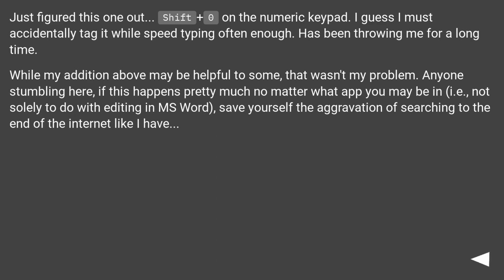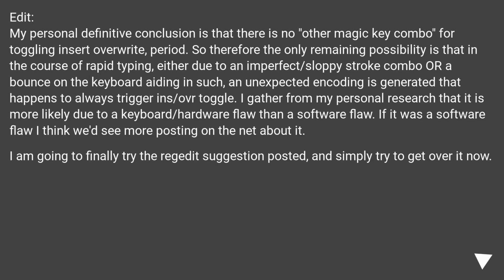Anyone stumbling here, if this happens pretty much no matter what app you may be in, i.e., not solely to do with editing in MS Word, save yourself the aggravation of searching to the end of the internet like I have. Edit. My personal definitive conclusion is that there is no other magic key combo for toggling insert overwrite, period. So therefore the only remaining possibility is that in the course of rapid typing, either due to an imperfect sloppy stroke combo or a bounce on the keyboard aiding in such,